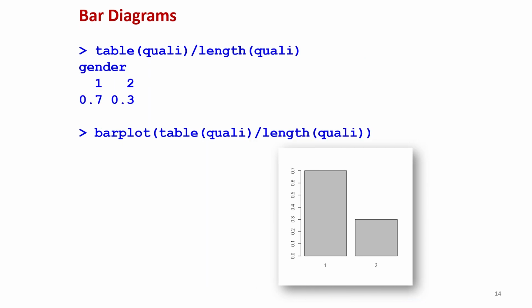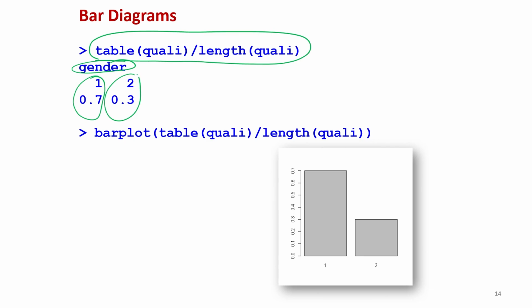Now, similarly, if you want to create the same bar plot with the relative frequency, then you have to get the values of relative frequency by table quality divided by length quality, and it will give you data like this. Variable is gender, category 1 has a relative frequency of 0.7 and category 2 has a relative frequency of 0.3, and if you try to create the bar plot over this relative frequency,